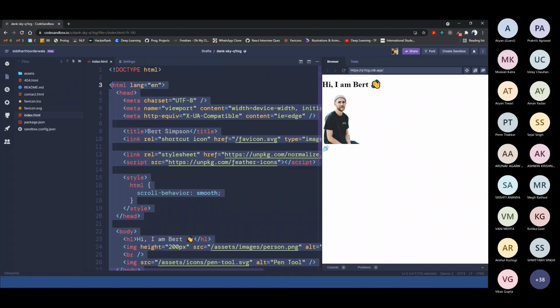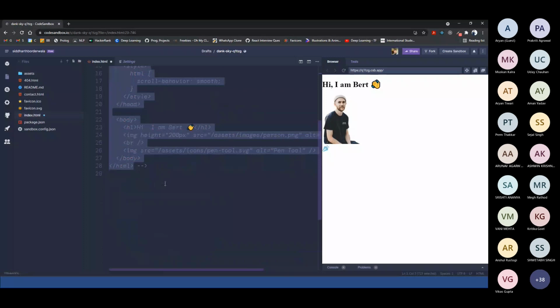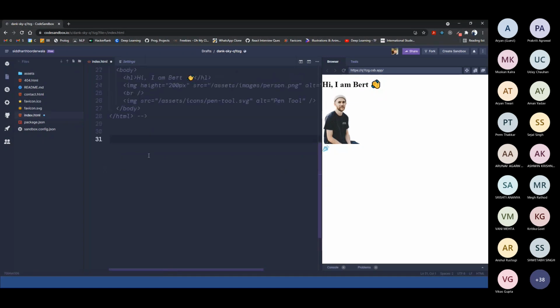Let's comment this out. You guys can type in HTML and it will autocomplete with the brackets, so you don't have to go through typing brackets all the time. This is where our HTML document starts. A typical HTML document will have a head and a body, just like us. Inside the head,